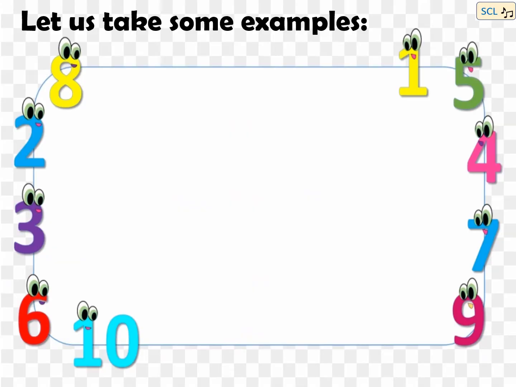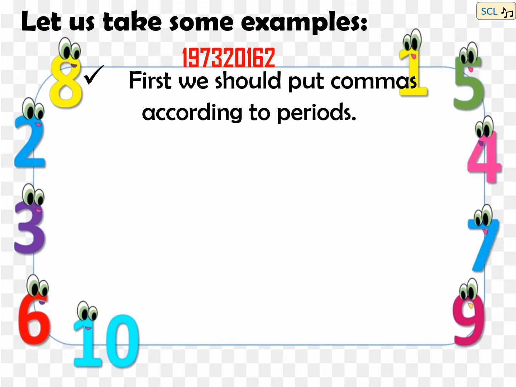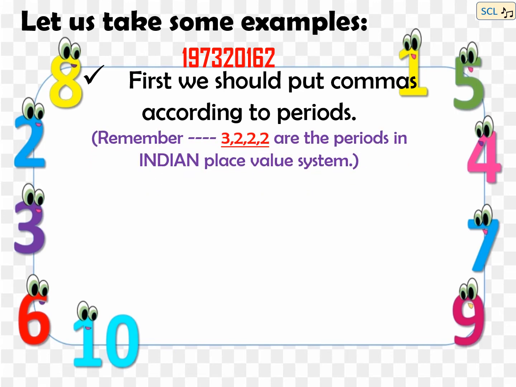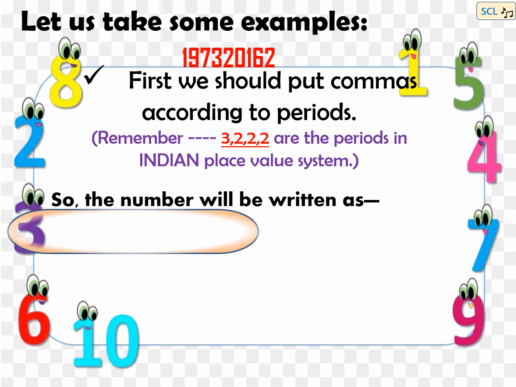Let us understand this with examples. So now if I write a number, 197320162, how will we read this number? Very difficult. Shall we make it easy to read? What to do? We need to put commas according to the periods. Remember, in the Indian system, commas are to be put as 3, 2, 2, 2 starting with the ones place. So our number becomes